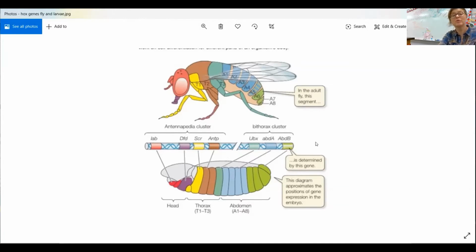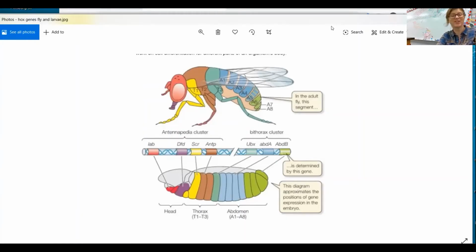You've got an assignment that's just going to show you how to follow along with a slab of genes on a chromosome, and the genes are in order. So what it's saying is this particular gene turns on activation in the maggot of the fly, the larvae, that starts right here. And what does that become? That becomes features in the head region. Here's the purple part that becomes the mouth part. And so we have a sequential set of genes that also turn on sequentially and are in order of, or I'll have to check this video when I'm done.